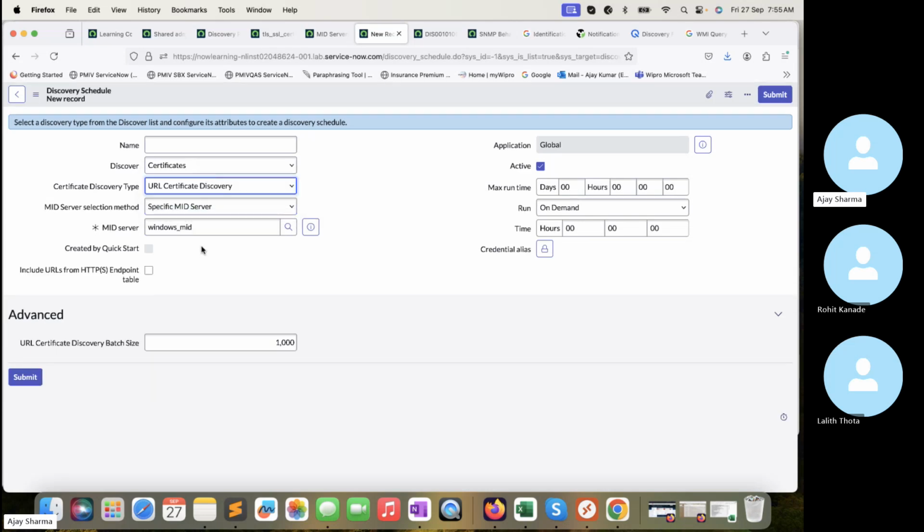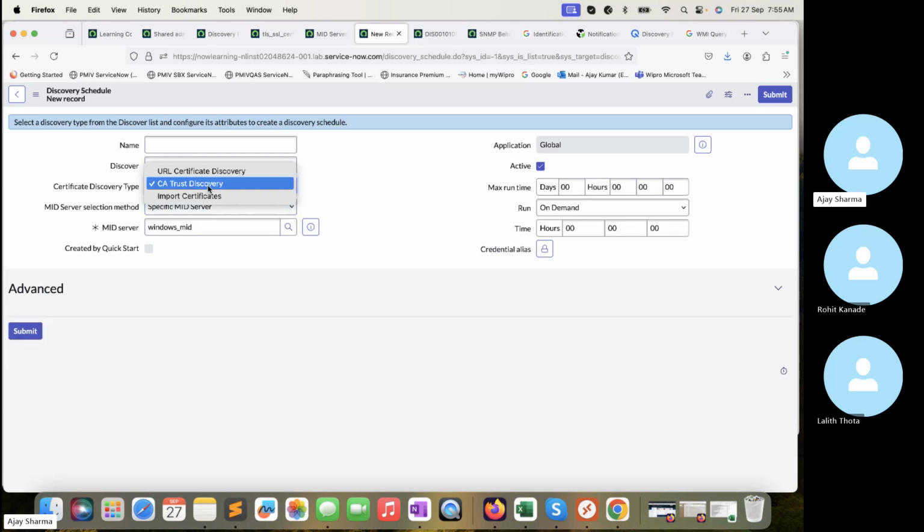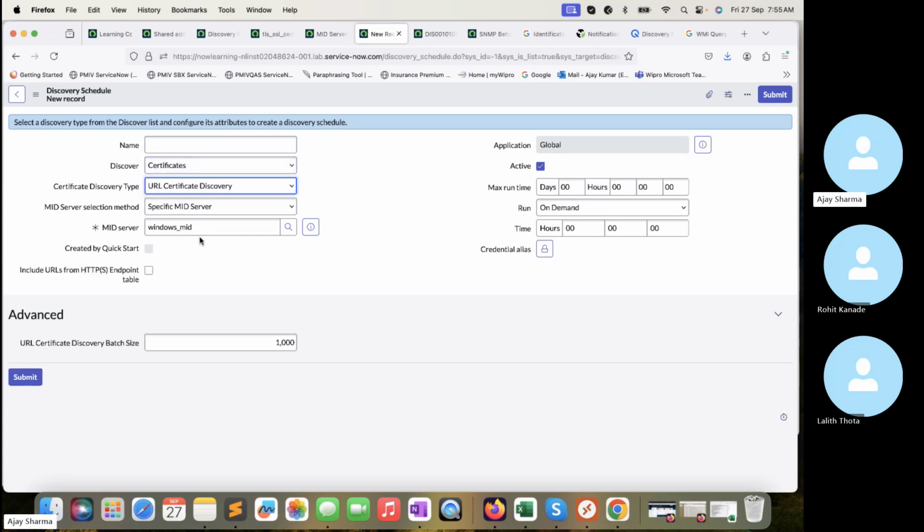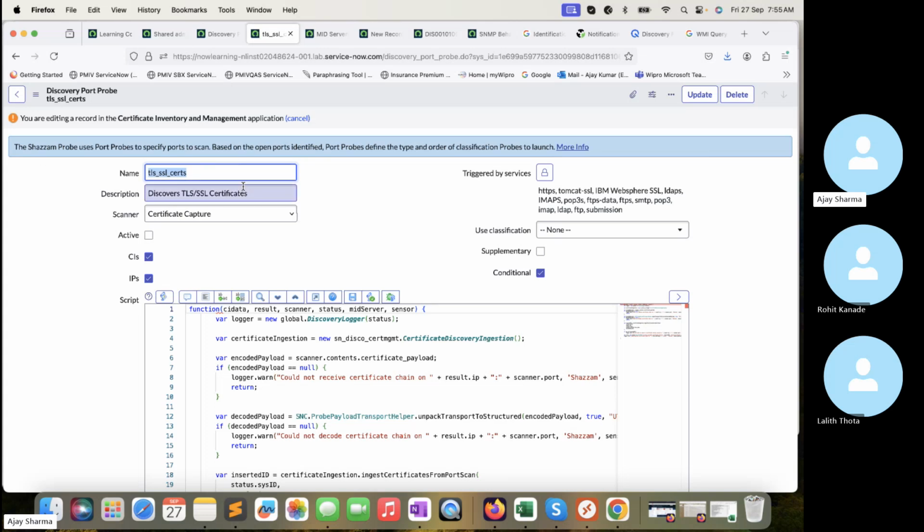You can use any of them. And if you are going with the URL, I think you need to provide the URL and set the CA certificate. I think you're not going to provide anything, or import the certificate, right? So you can use that and you can run the discovery, but make sure that the particular port probe is enabled